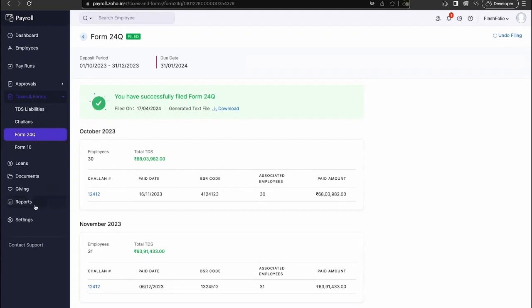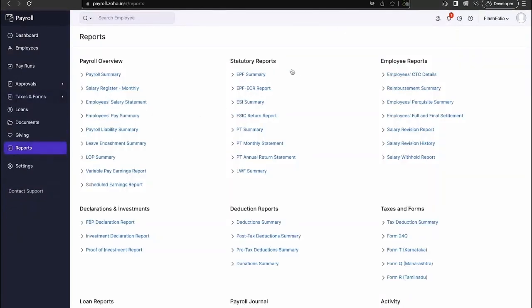Going into the reports option, you can see the various statutory reports that our system can generate. To start with, you have the EPF ECR report, ESIC return report, PT summary report, and the LWF summary report. Using these reports, you'll be able to file all of these